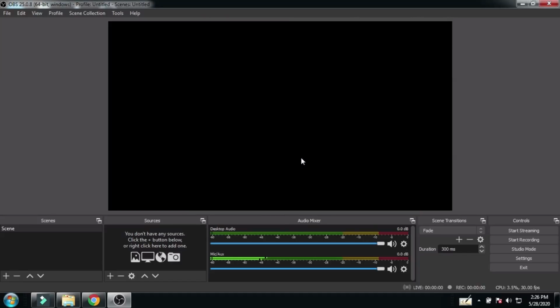Both have the same meaning. Right click remove or click on the minus sign, both have the same meaning. Now go to the addition of source button.